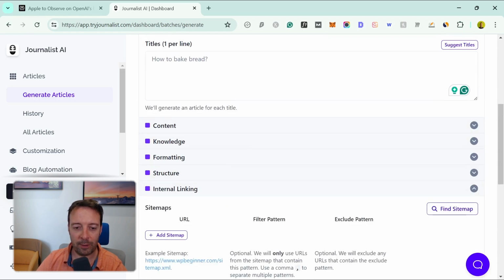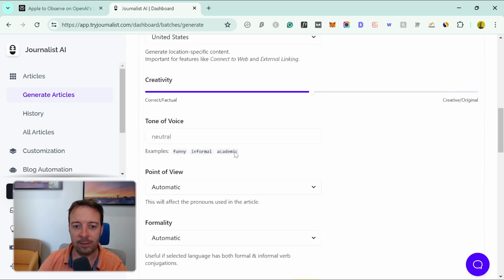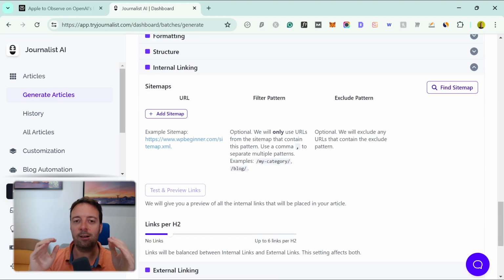You can connect to your website, right, and link to different pages in your website. Very important for SEO. You can add your own knowledge base. It scrapes the web as well. So excellent tool, right? And what I like most is that it connects automatically to your website and auto publishes,